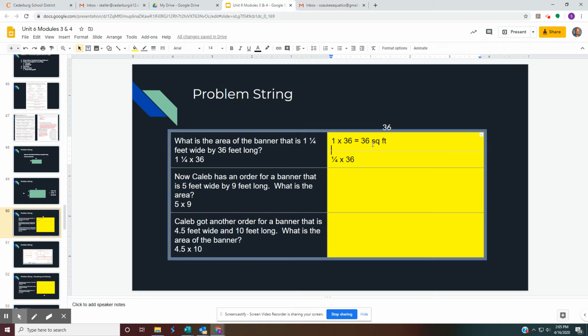Because we want to use that as our label. And then 1/4 times 36. And that's a little bit more difficult, but that's just dividing 36 by 4. And we get 9